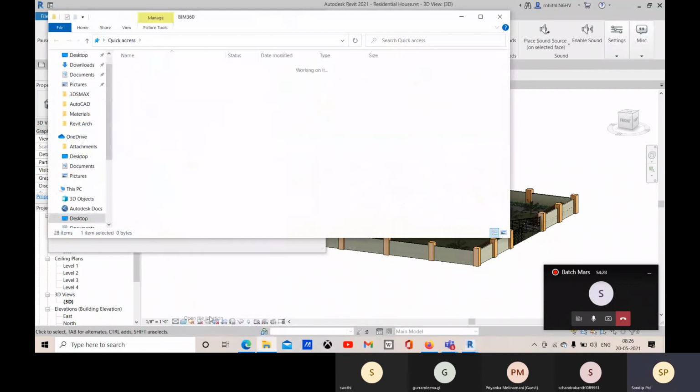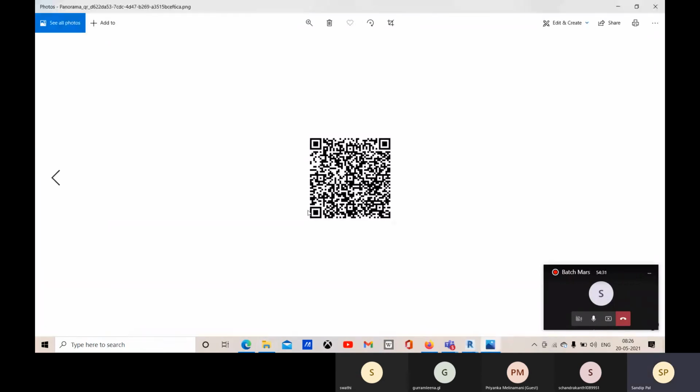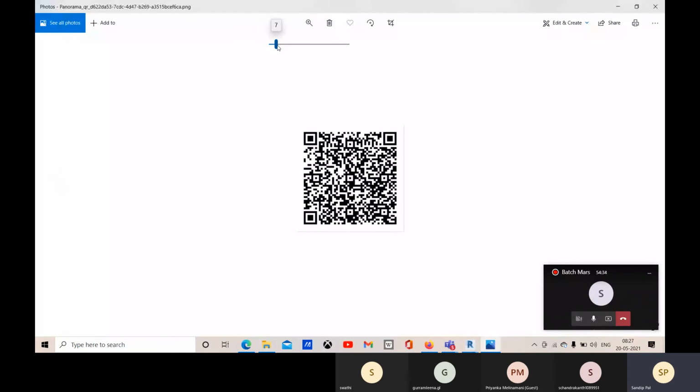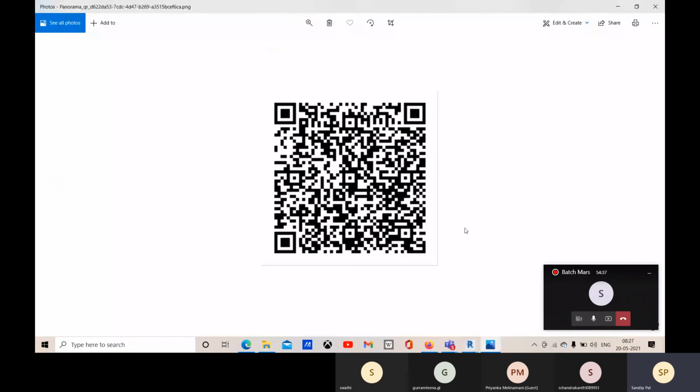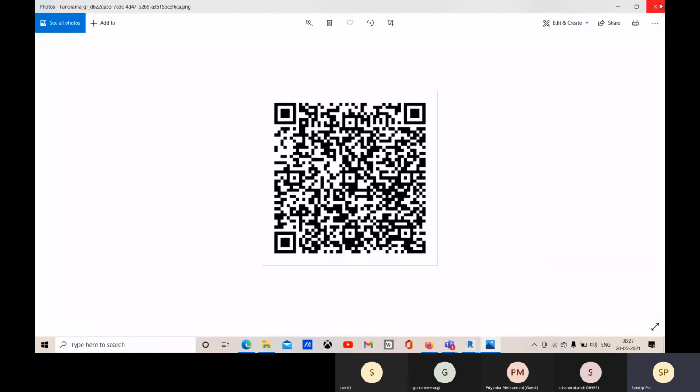So this is the QR code which I generated. If you have any QR code scanner, just scan this QR code and you will see that 360-degree panorama image. Okay, so I'm closing it right now.